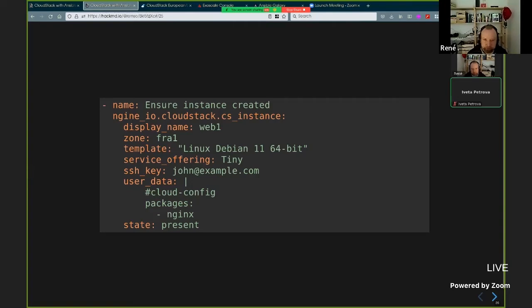It has params, and the task is to use the instance module, the virtual machine instance API, and I parameterized this API to create the virtual machine. As you can see, it has a name, its own template, all straightforward. Service offering, a key, and user data for first cloud-init configuration, and it has a state.